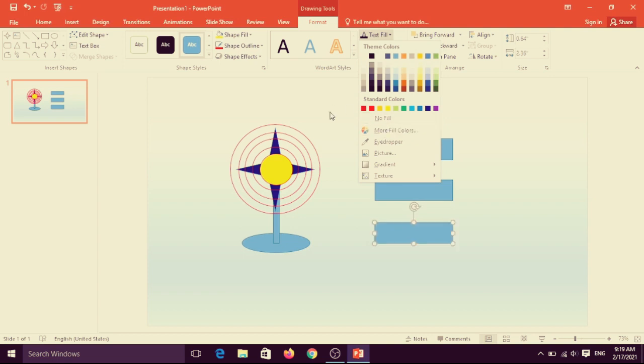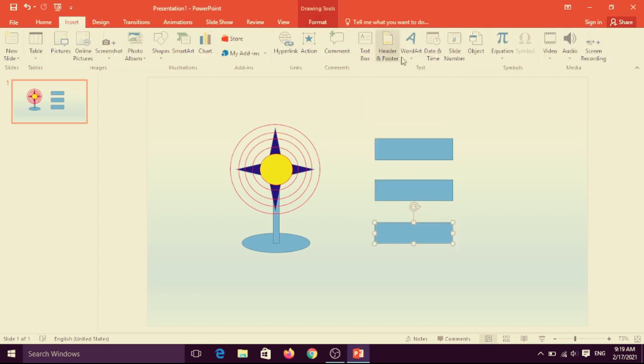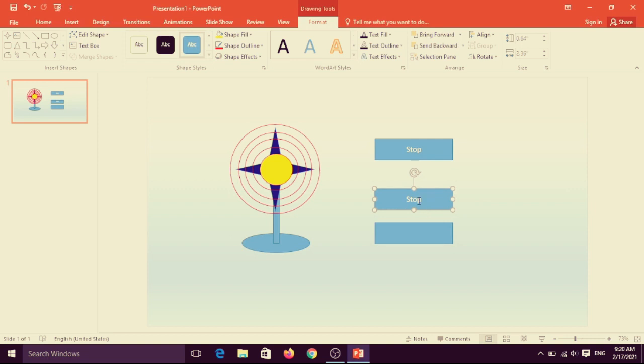Select the text, click on Insert and choose WordArt or anything. It depends on you. Suppose I have chosen this WordArt and type here stop. Slow.